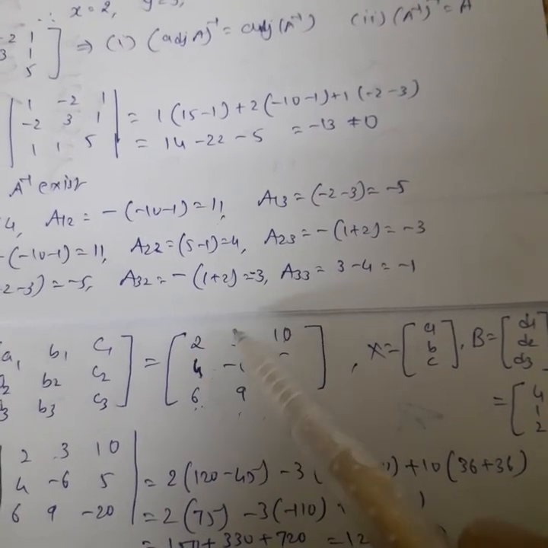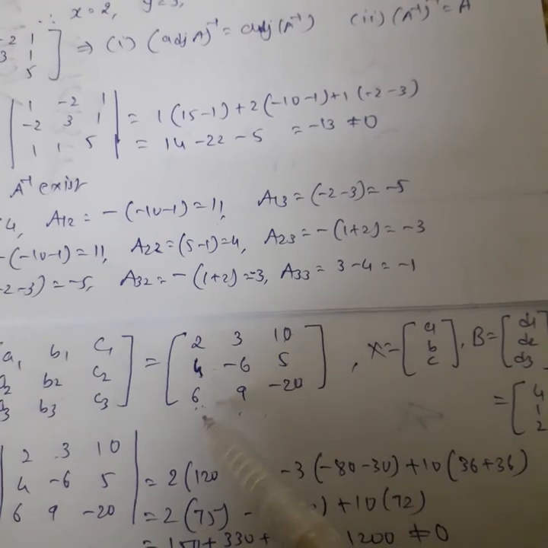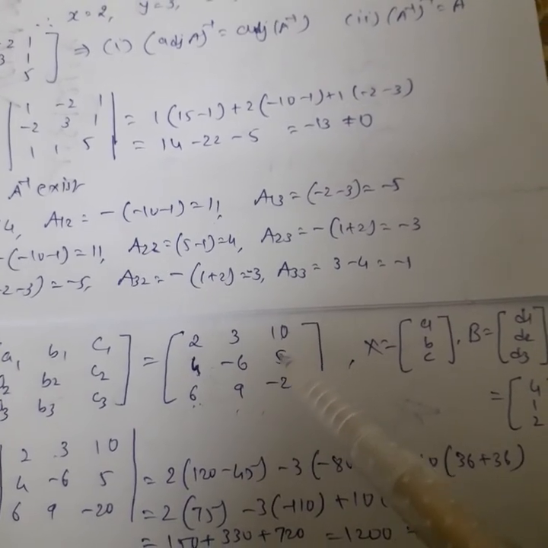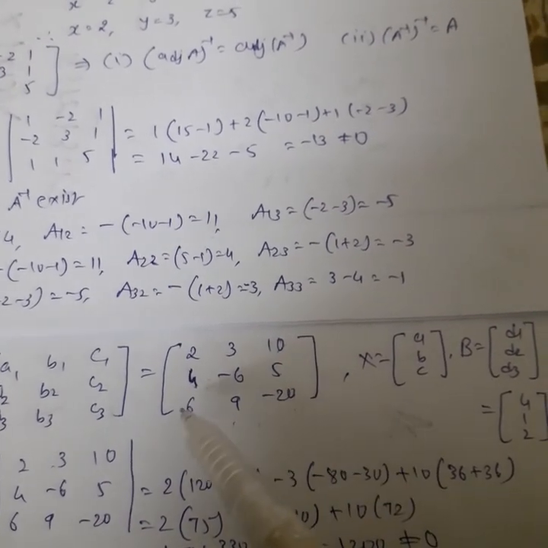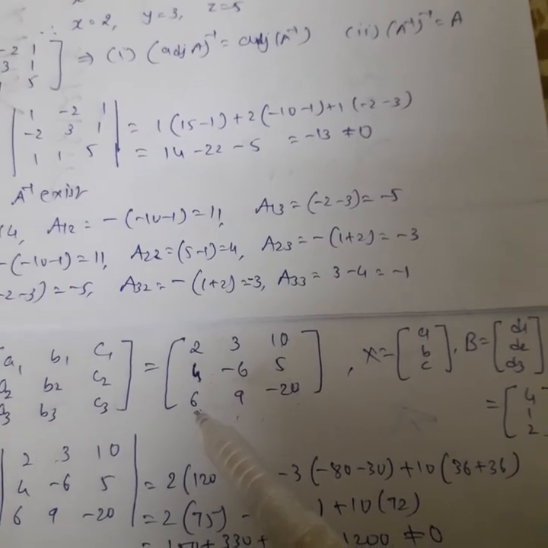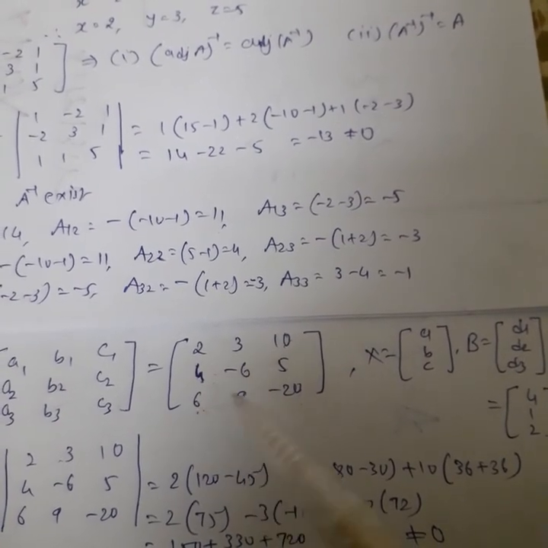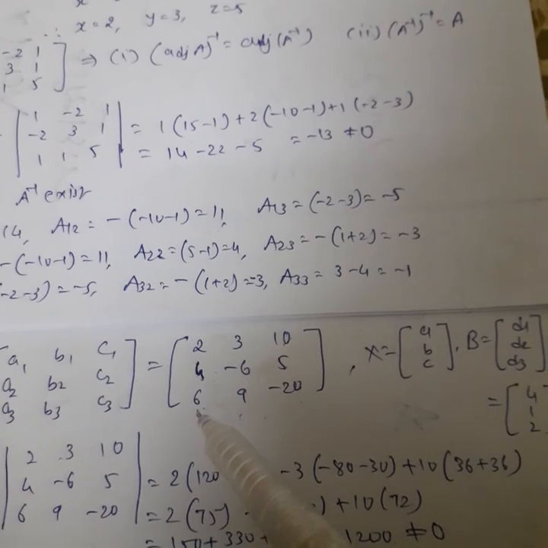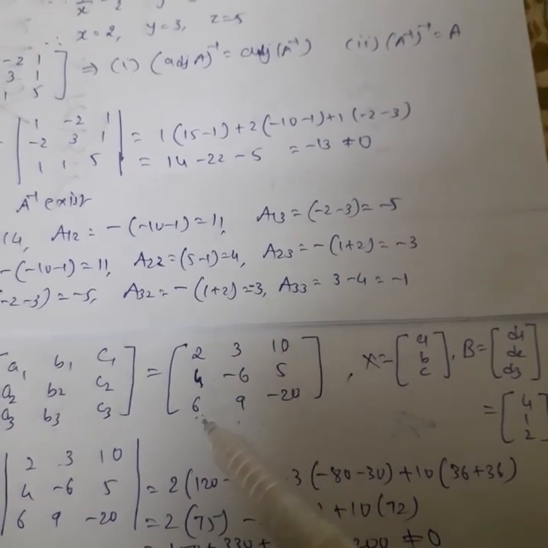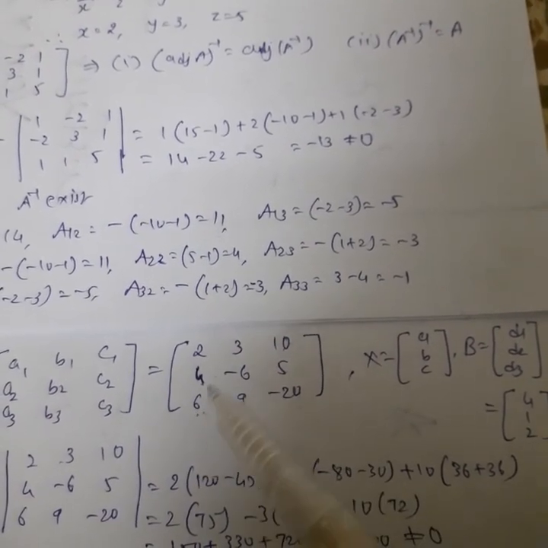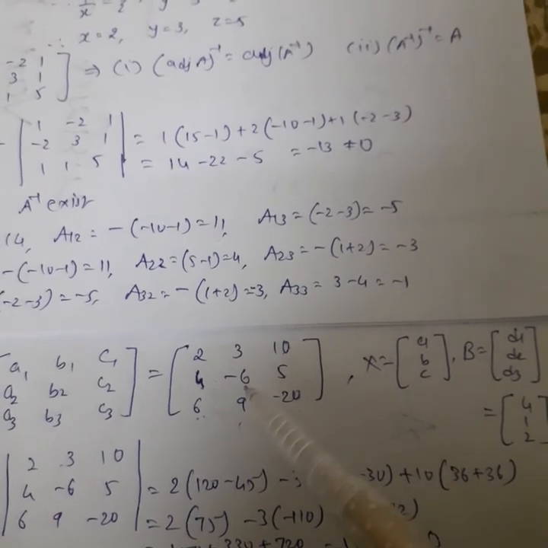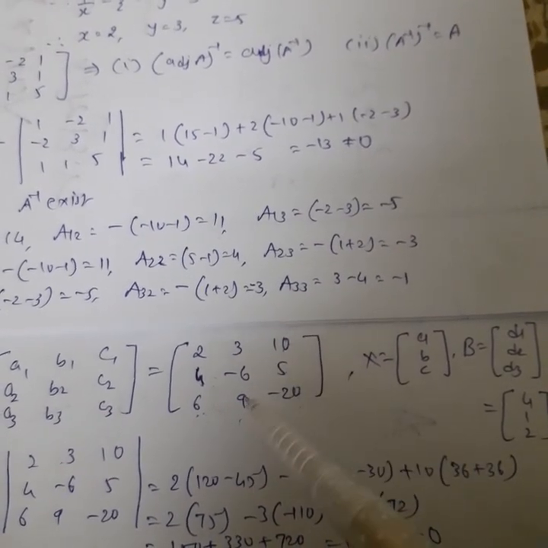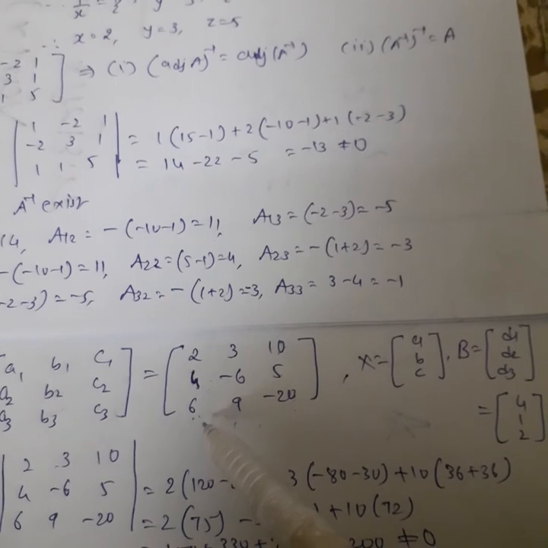Simplification of the remaining entries, that is 18 minus 18, 0, so the cofactor of 5 is 0. Now we discuss the cofactors of the elements of the third row. The cofactor of 6, the element of third row and first column: 3 plus 1 is 4, minus 1 raised to 4 means plus 1, so plus sign. So 15 minus minus 60, that is 15 plus 60, 75, is the cofactor of 6.